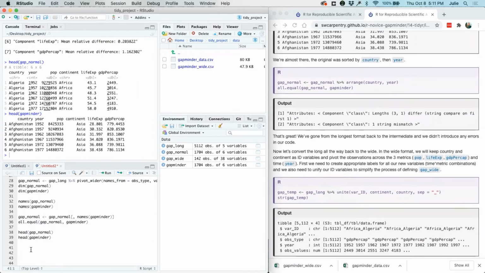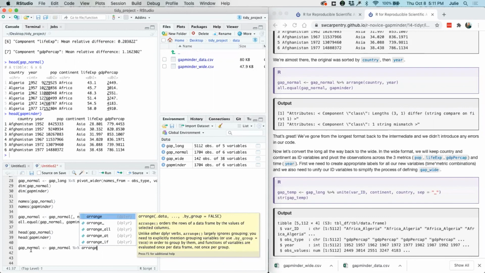So we can use the arrange function to help us do this. We're gonna make the gap normal data frame match the Gapminder data frame using arrange. So again, with our gap normal data, we'll pipe that through the function arrange, which orders the rows of a data frame by the values of the selected columns, right?